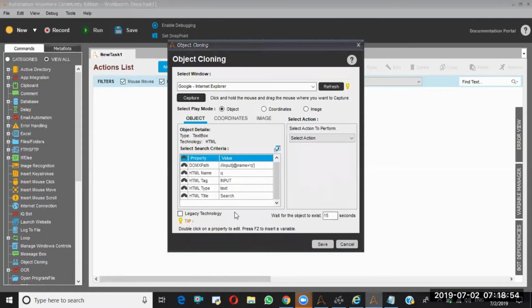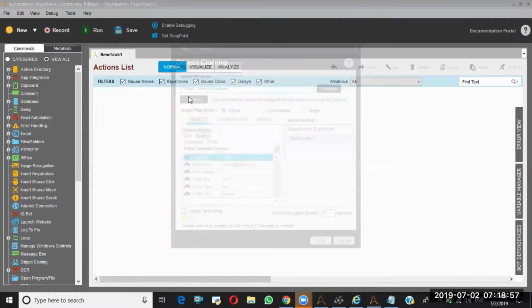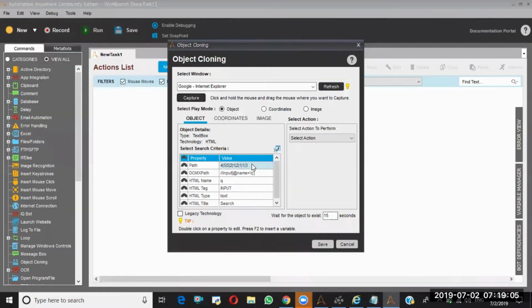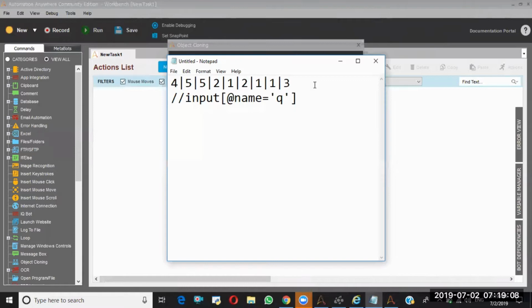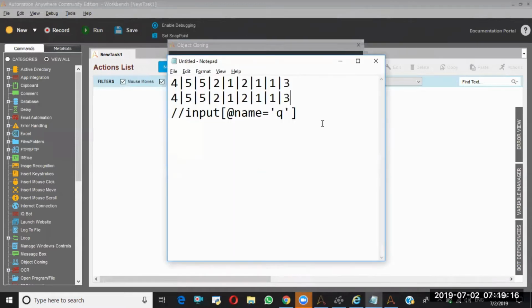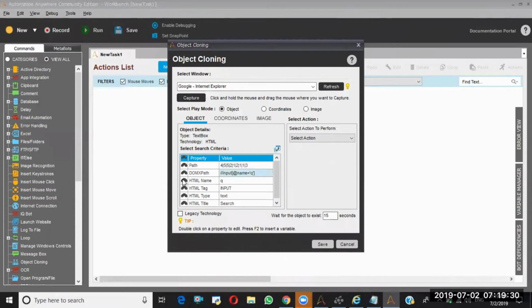Now again I'm going to object learning and capturing the same object. Again I'm copying the path and pasting it next to the path we captured earlier. Again I am capturing the domains path. Now these things are the same, so I can rely on this path and domains path and perform my object learning.